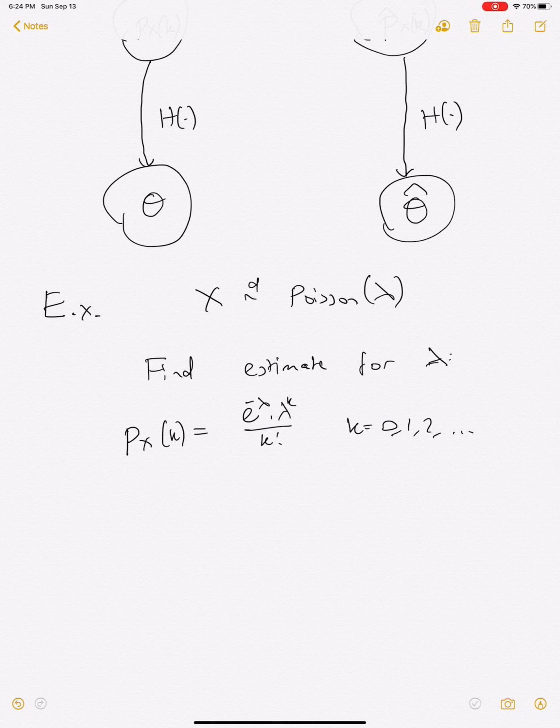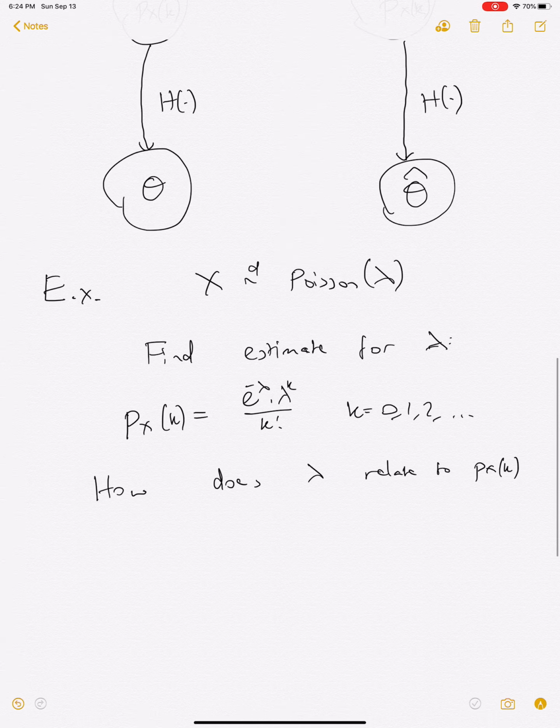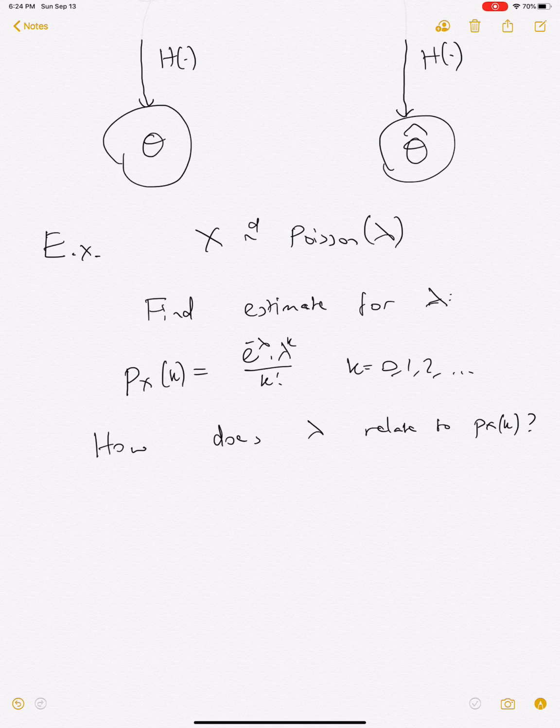And how does lambda relate to px of k? So what you potentially know or remember is that lambda is actually equal to E of X. So we can write that as